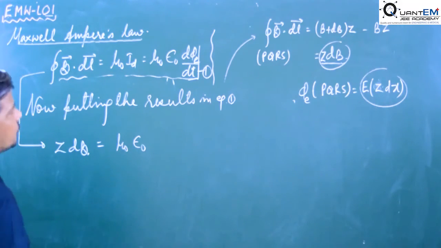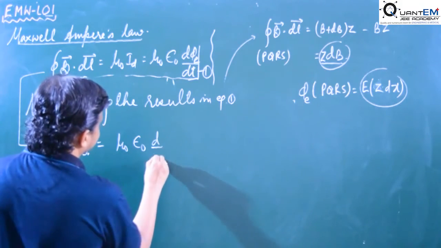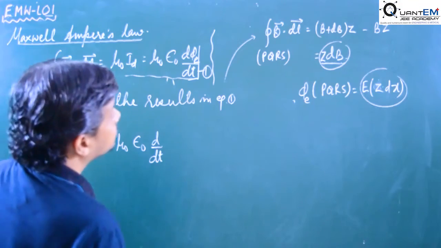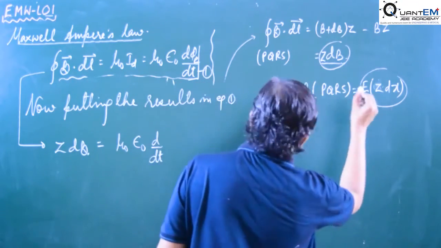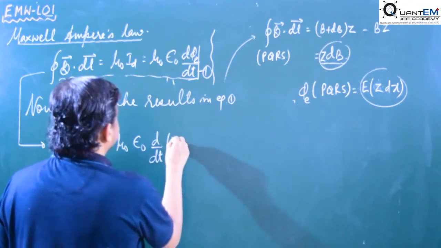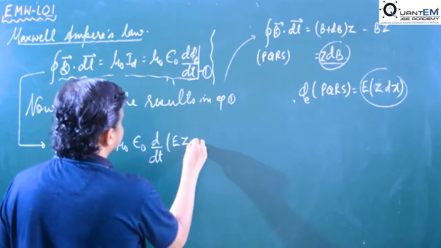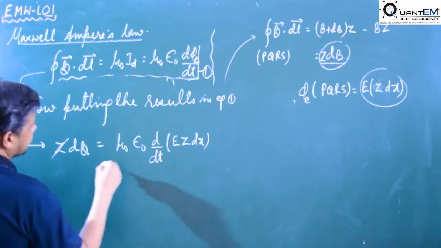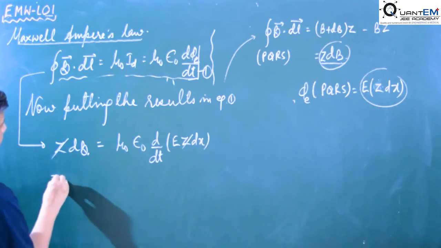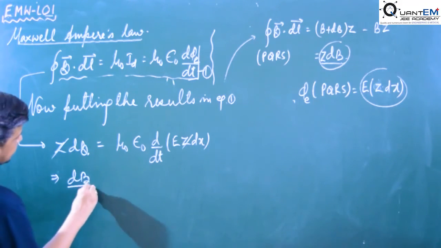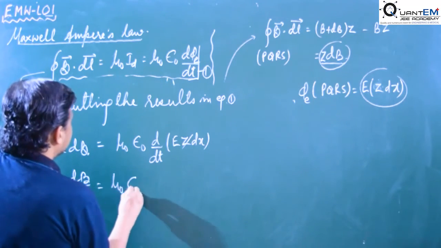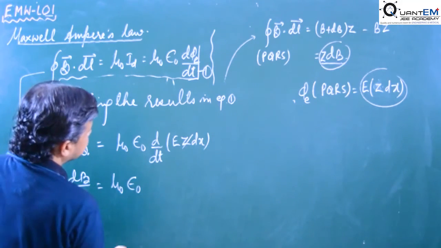In place of phi E we have Ez dx. So Z and Z get cancelled, and we get the result dB by dx is equal to mu naught epsilon naught and